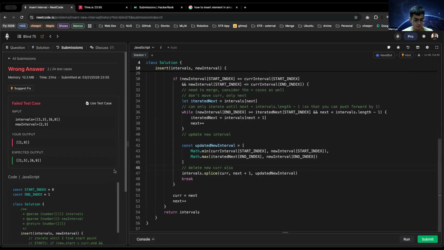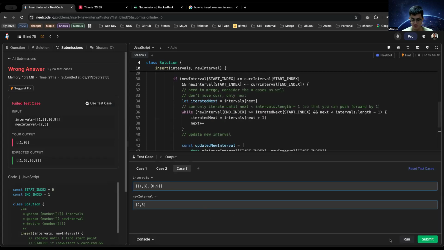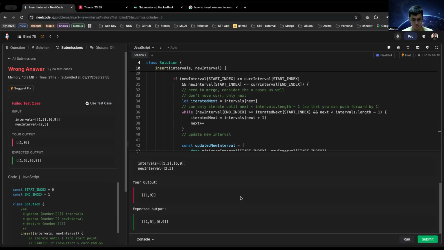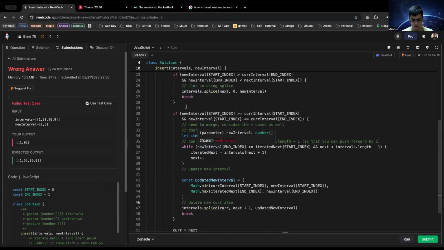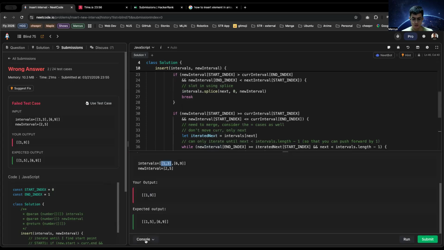Okay. So let me use this test case. So 1 and 3 only merges. Only 2 and 5 merges with 1 and 3. So I gotta change this function. So if the new interval start is greater than or equals to the current,